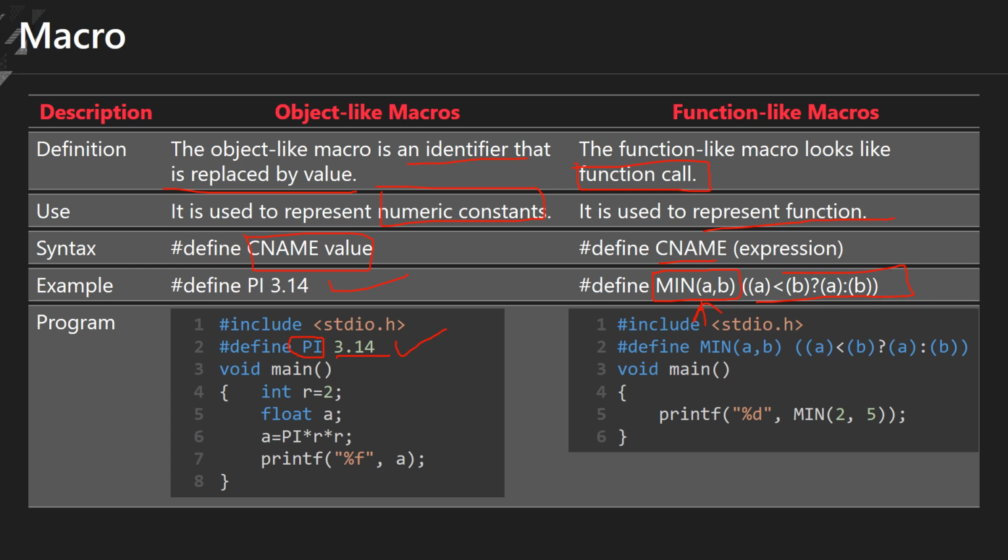For the function-like macro, I include this macro definition and then call the function whenever I want. Here I pass two values and it evaluates the expression. If a is less than b, the value of a will be printed. When a is not less than b, the value of b will be printed. So that is directly